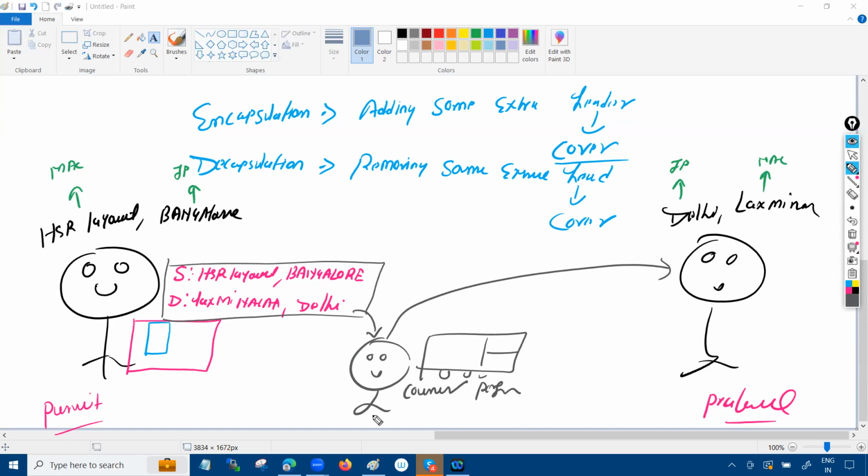Okay, this is the media we have. Take an example right now. What happens if I don't put the Lakshminagar over there? Then, if I don't put the Lakshminagar over there, normally when you give this information to the courier guy,